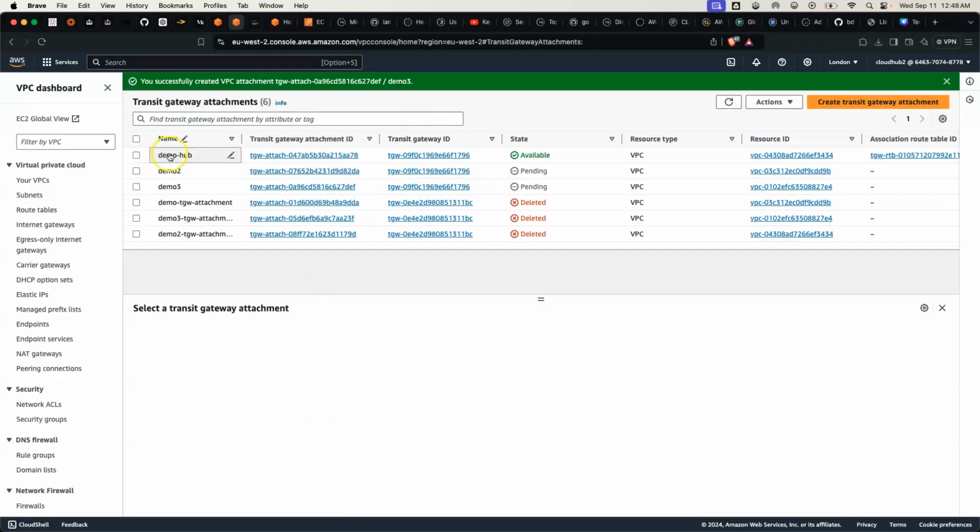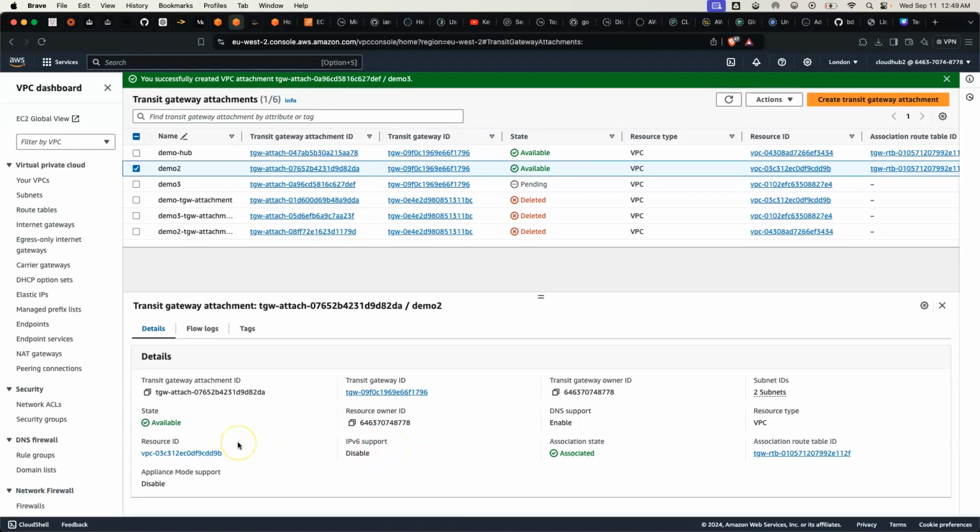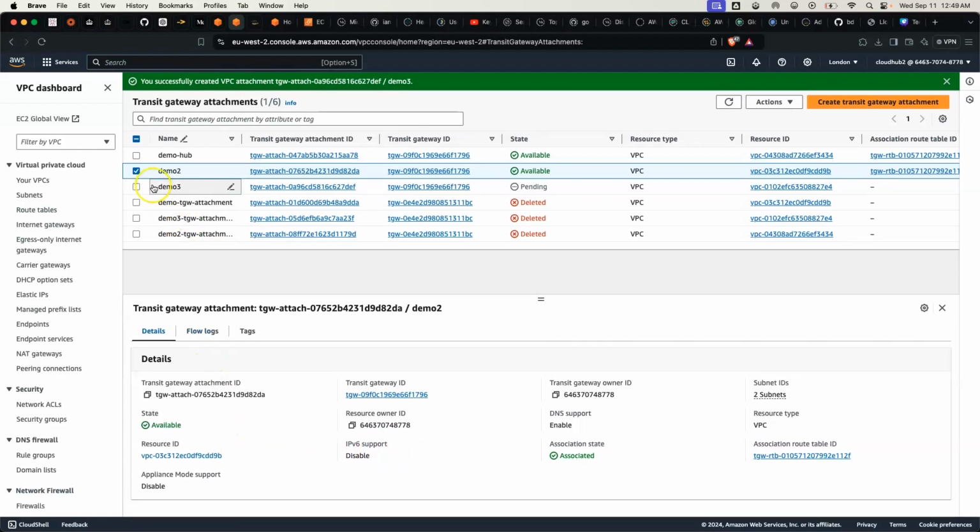As you can see, the first attachment is ready. The demo 1, demo 2, and demo 3 attachments are being created. Okay, as you can see, demo 2 is also ready, and it is available. When you select it, you can see the details available here. We have 2 subnets attached. We are not working with any IPv6 at the moment, so we just disable it. Okay, so now that our attachments are created, the next thing is to